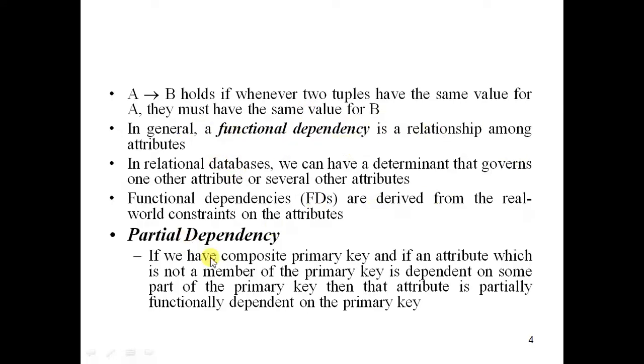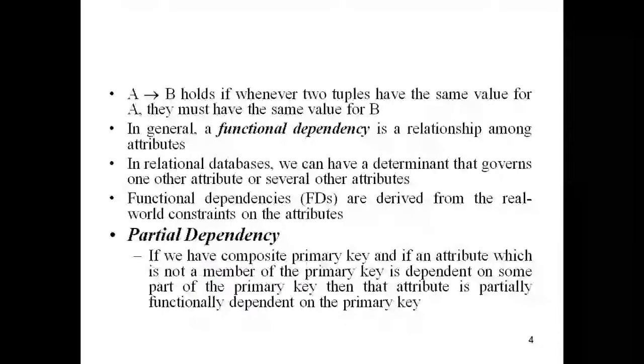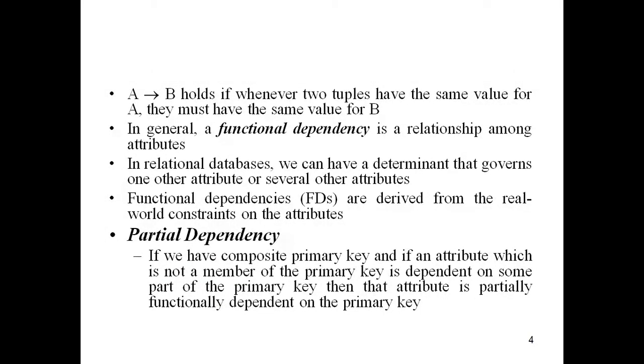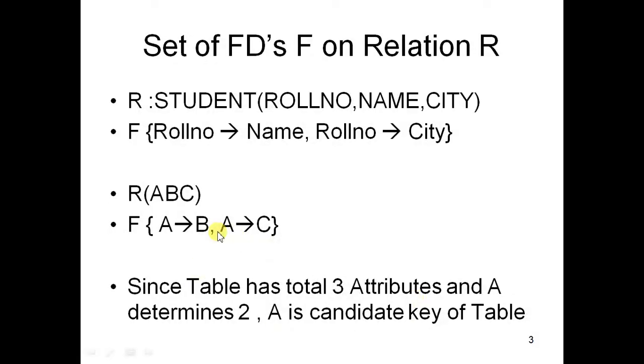Now there are two types of dependencies. Number one is partial and number two is full. Partial happens when you have a composite primary key. In this case, there is no concept of partial because only one attribute is there. So B is completely dependent on A, C is completely dependent on A, because there is no part of A. The word completely is a little ambiguous, but technically it is said like this only. So B is completely dependent on A and C is completely dependent on A. There is no concept of partial here in this example.